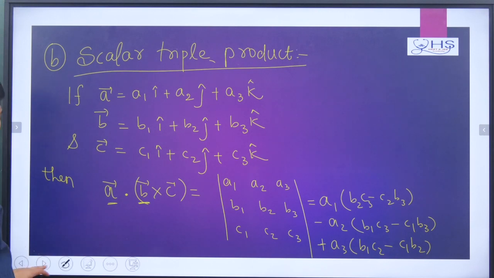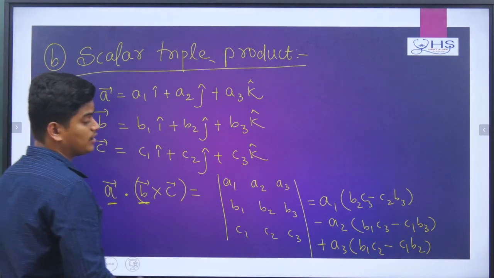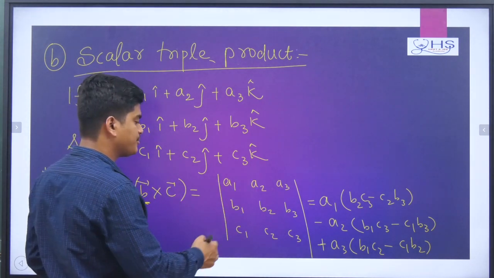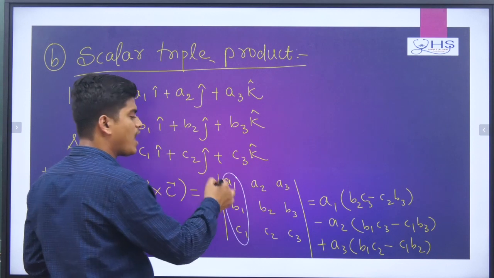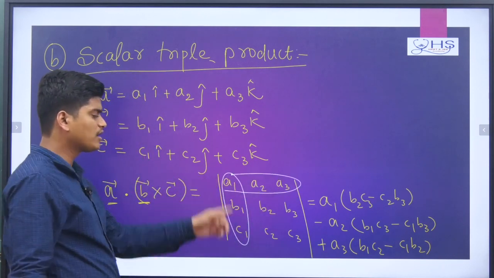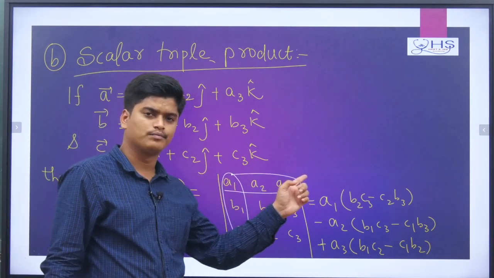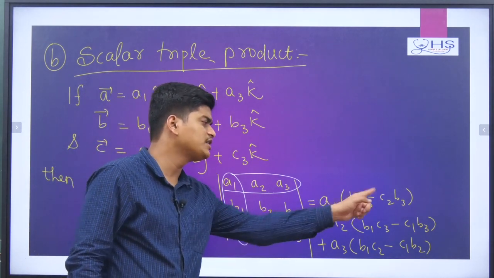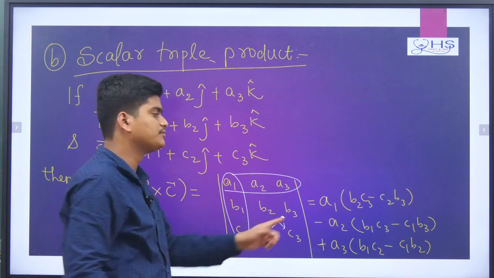I already told you in the last class, in the cross product topic. Here we take I cap, J cap, K cap and calculate the determinant. Remember when calculating for A1 you have to close A1's column and A1's row. Then what is remaining? B2 C3. So we will multiply B2 C3 minus C2 B3.